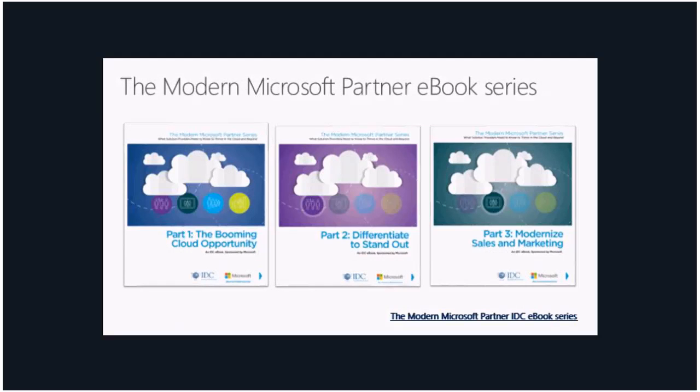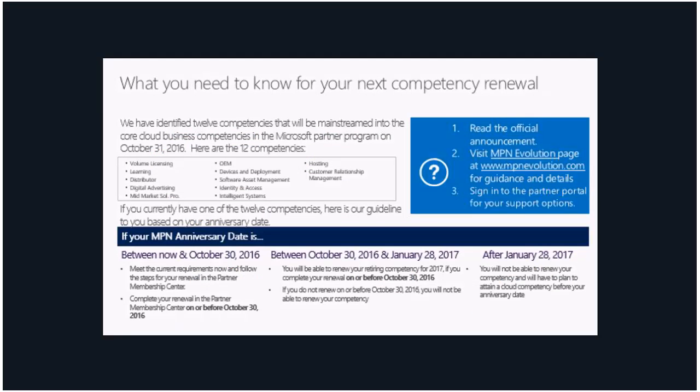So for competency renewal, I did mention earlier that some of the competencies are retiring. On April 12th, there was an announcement that 12 competencies are retiring. This will only affect you if you already have one of the 12 competencies, or if you're working towards one of those competencies. So if your anniversary date is between now and October 30th, 2016, and you have one of these 12 competencies, which is